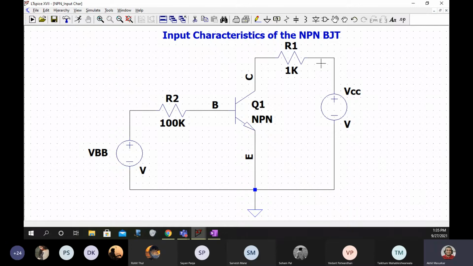You all will post this circuit first in the chat box. Do this much, then we will go ahead.